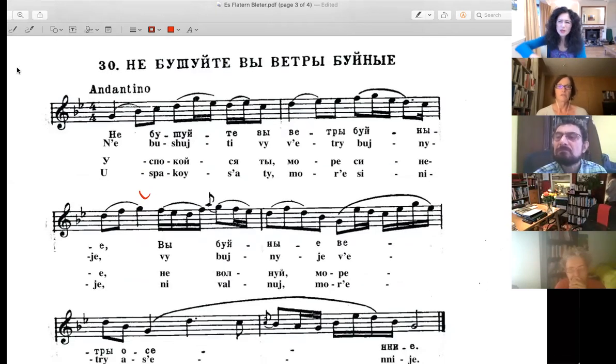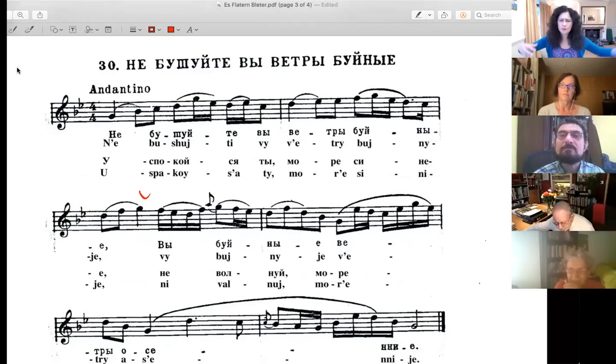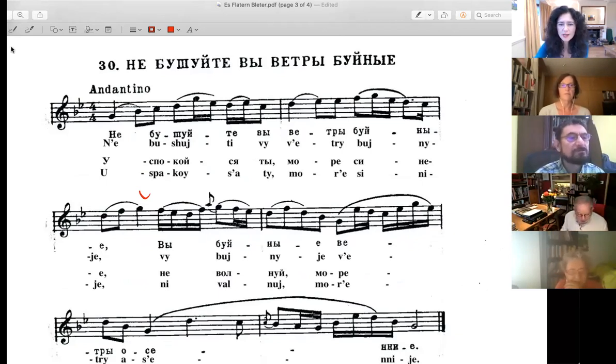Бушевать is to have really strong winds. Do you have a word for this? A person can бушевать, or a sea can бушевать, or winds can бушевать. Going strong, yeah, all over the place. Вы is you. And then we have